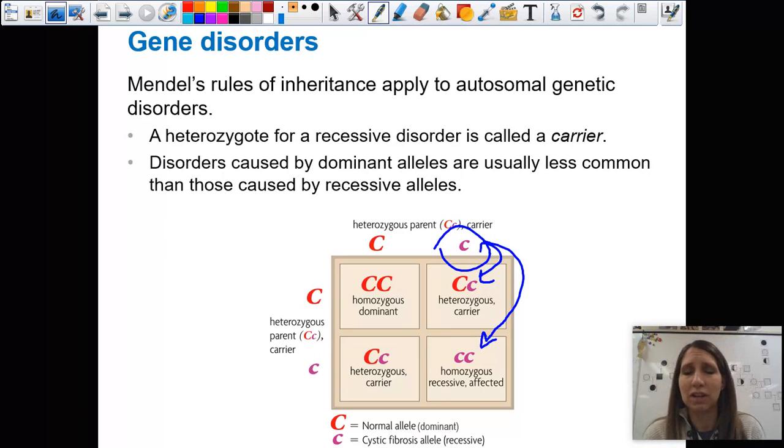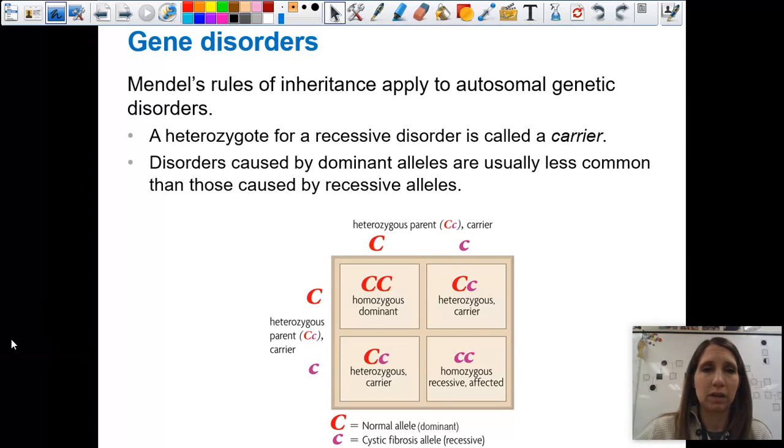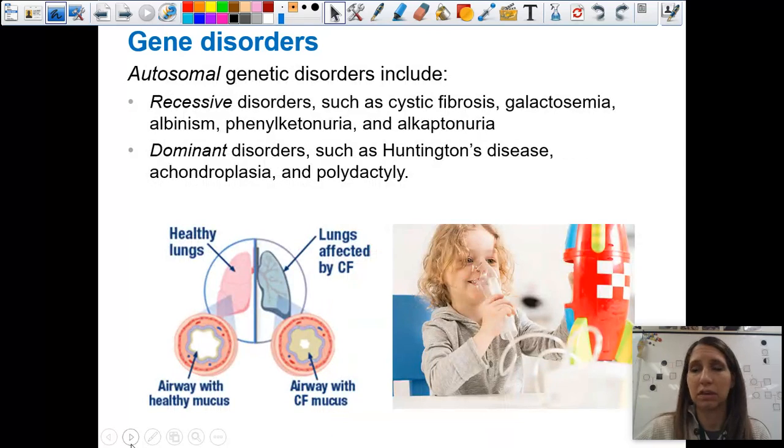They're going to pass it on 50% of the time as well. And so when we think about this, those carriers become really, really important. All right, so we don't just use the word heterozygous this time. We call them carriers if possible. Most disorders are going to be caused by recessive alleles, though there are some examples of some that